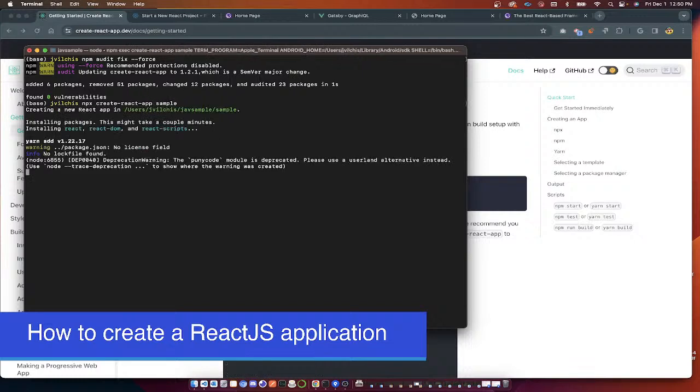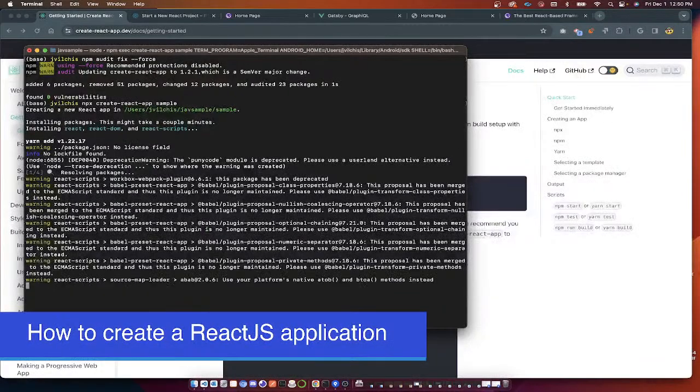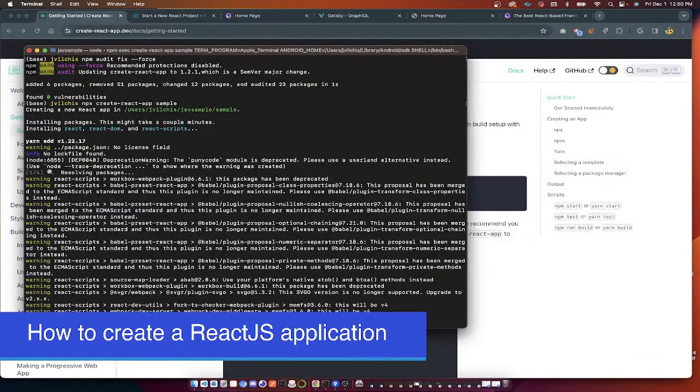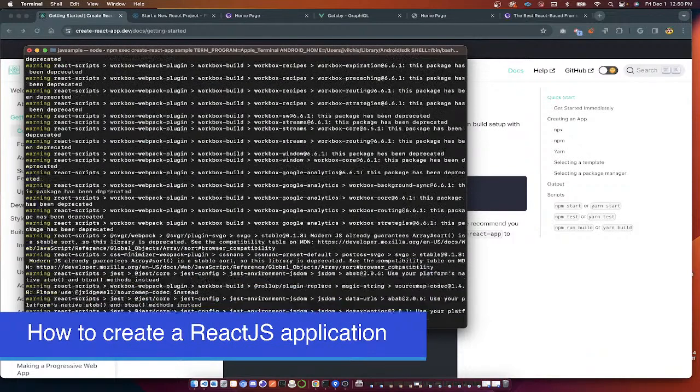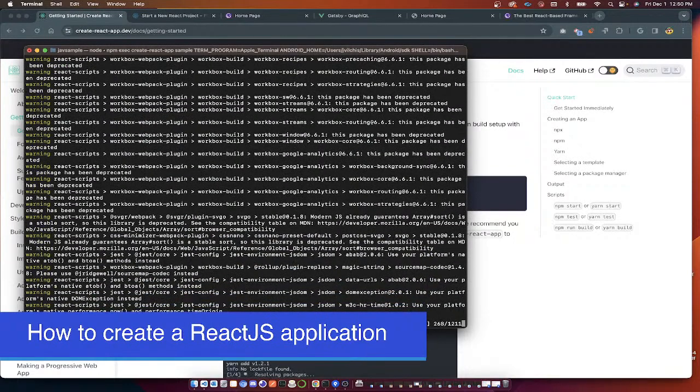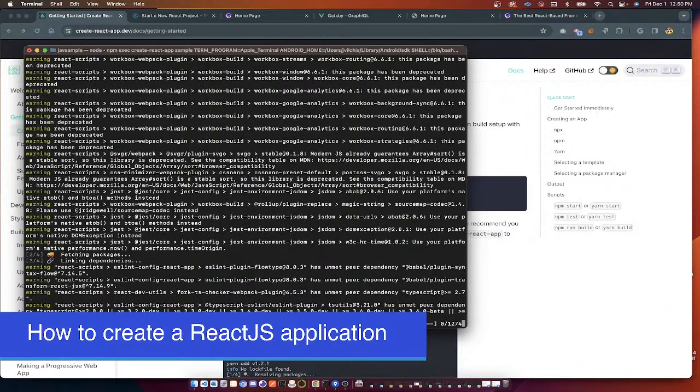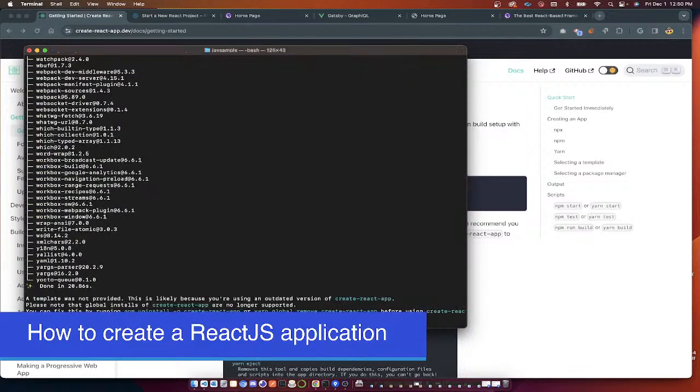Sample. All right. So what I did, I basically forced the install of the needed dependency, and it's throwing a bunch of warnings that might get resolved at some point. This is nothing that I can do anything about, because it is coming from the React application itself. And so, anyways, so now